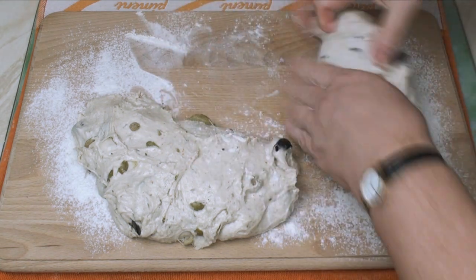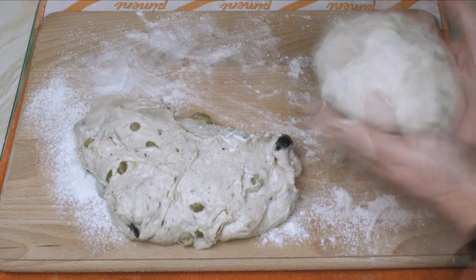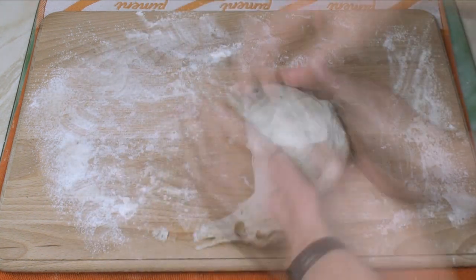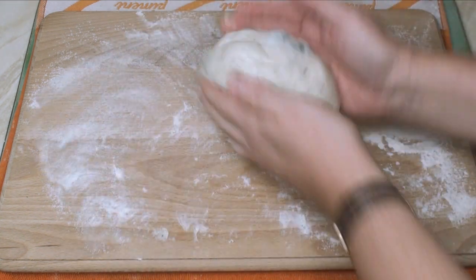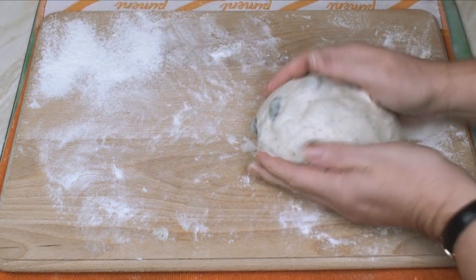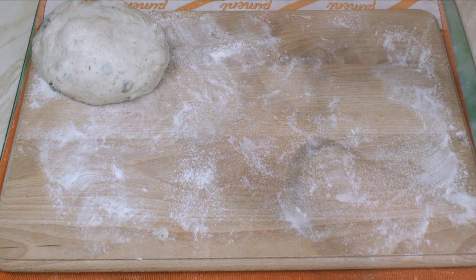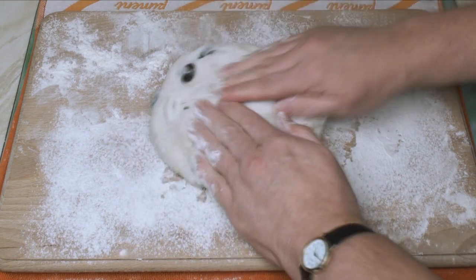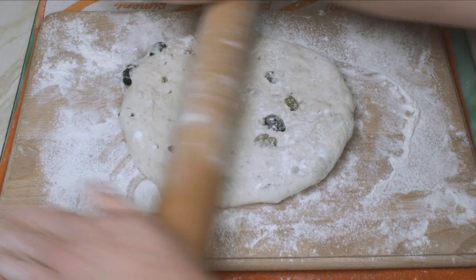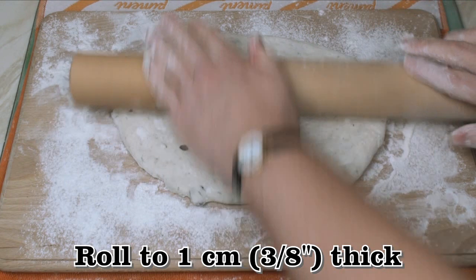Just flour my hands and make each piece into a rough ball. I'm just going to put this one to one side. That looks okay. Just flour this corner. Put the dough there and flour this surface really well again. Now I'm going to pull the dough out, flour my rolling pin and roll the dough out to about anywhere between a half and a quarter of an